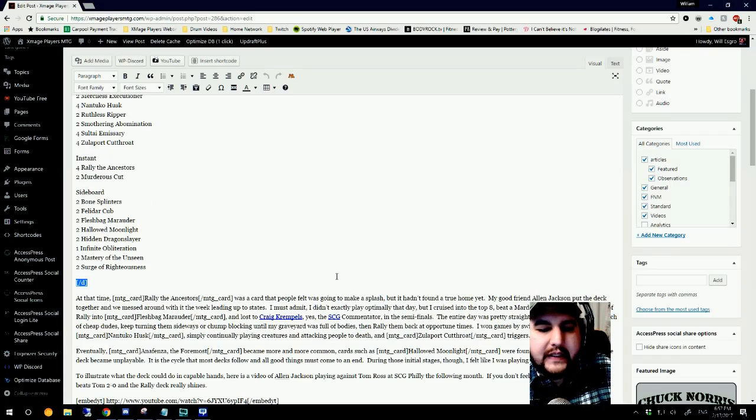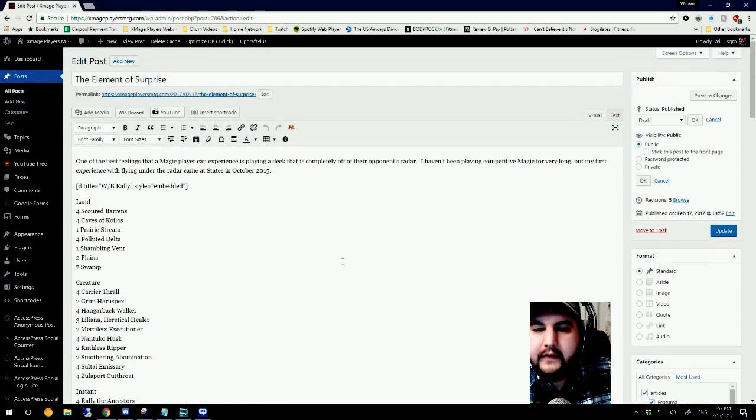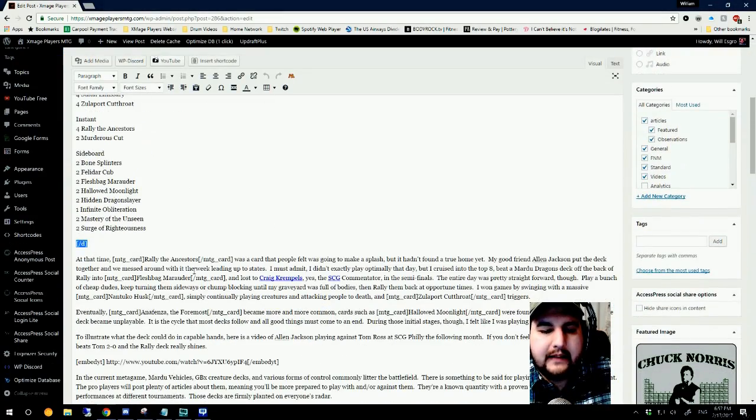The other little thing that a lot of you have already done is, when you see a title of a card, just highlight it and click the M button, and that will mark it as a Magic card, and it will automatically go into a connected program we have that links that card in your text. So when somebody mouses over it while they're reading the article, it'll show the picture of that card with the full description.